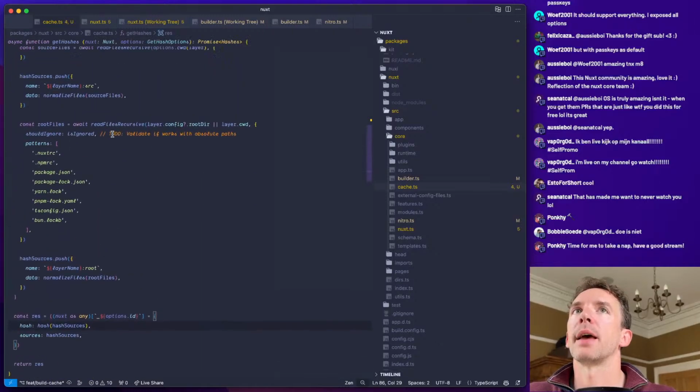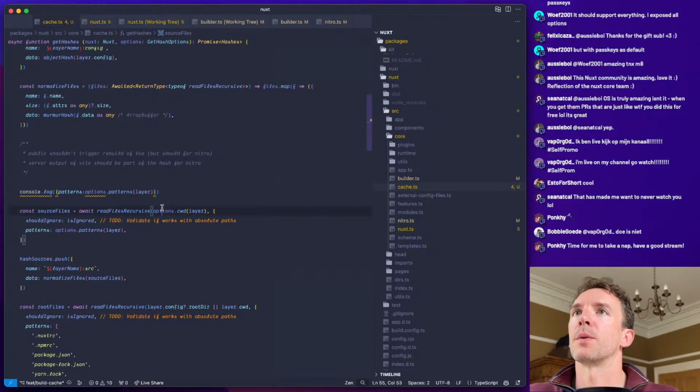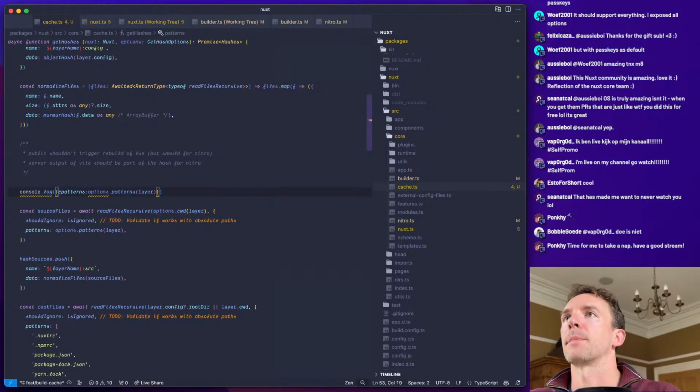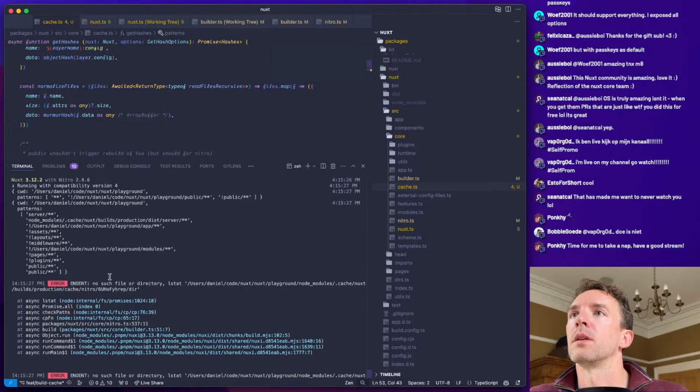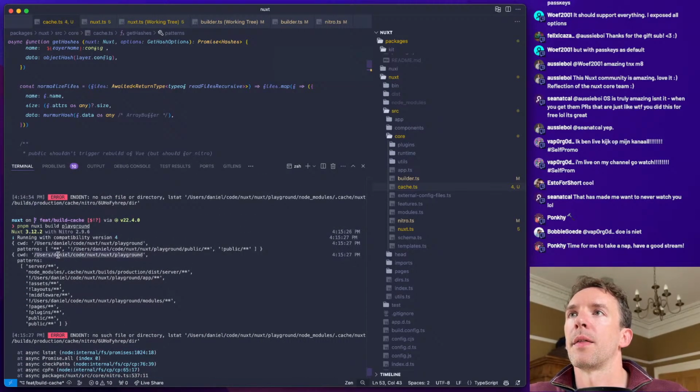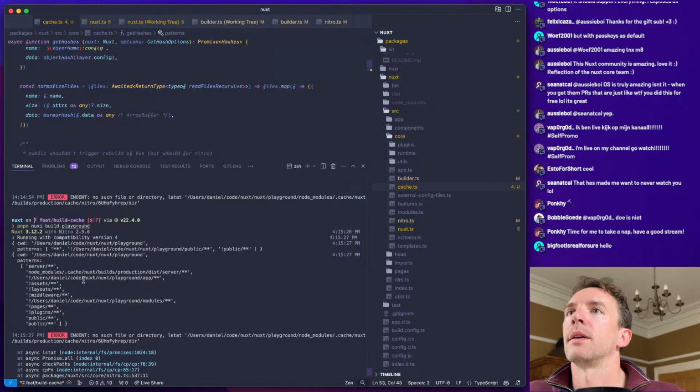And so patterns, and we also want to, I also want to see what we're scanning. So we should be scanning that, and we want that, and